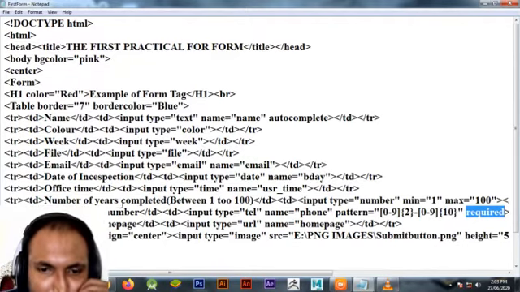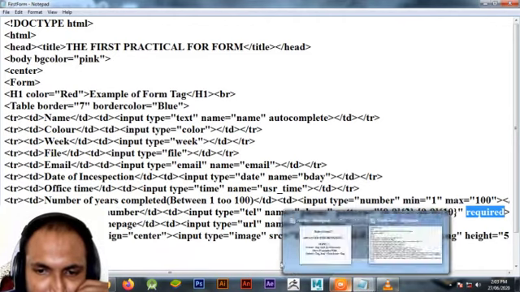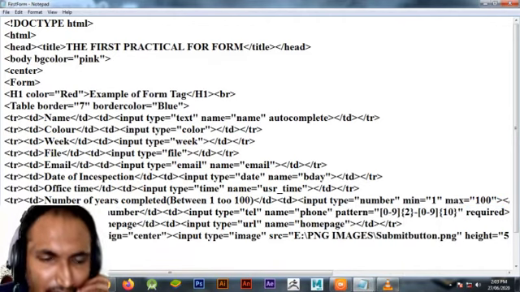I will take a city example in the program.